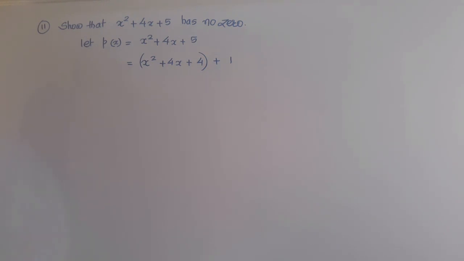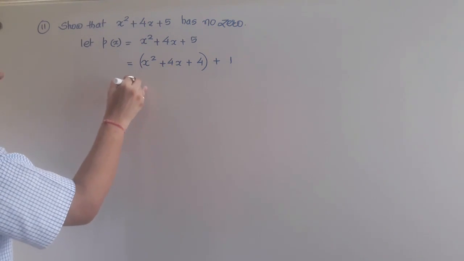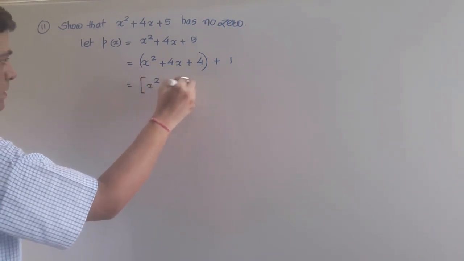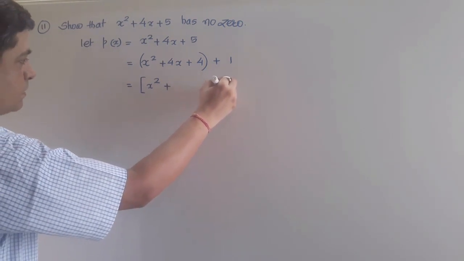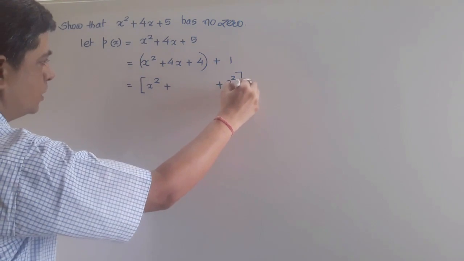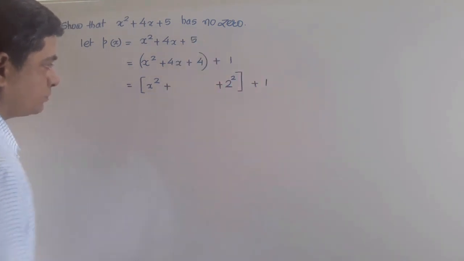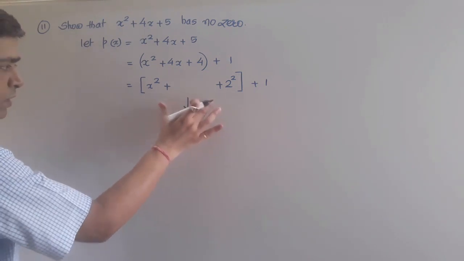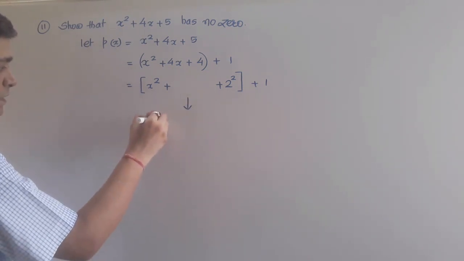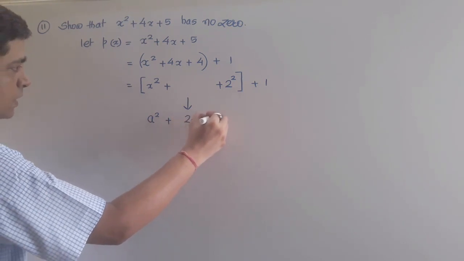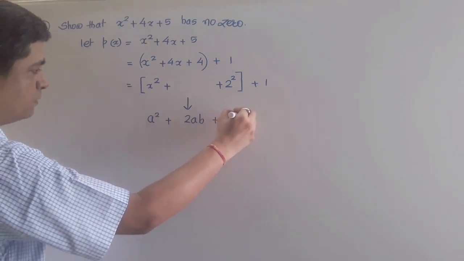When you will simplify, it will come equal to 5 only. Now by doing in this manner, again some manipulations I can do. First of all, this x square I am writing as it is, okay, plus I am keeping some gap here, and 4 I am writing as square of 2 and plus 1. Now you have to compare this particular term coming in the bracket. It is in the form a square plus 2ab plus b square. It is coming in that form.